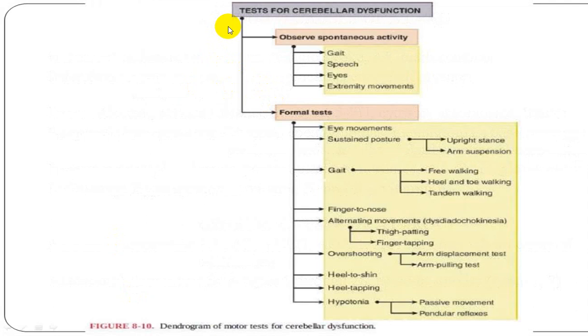Now, whenever you want to test for cerebellar dysfunction, there are certain things which are very frequently utilized. One is gait, second is speech, third is the eye, in which we look for nystagmus, and then extremity movements. Most commonly, you can look for nystagmus in the eye. You will have a horizontal or vertical or rotatory nystagmus, which is very, very common in cerebellar disorders. You can observe the posture, where you can see that the person is having ataxia, the person will have an imbalance,